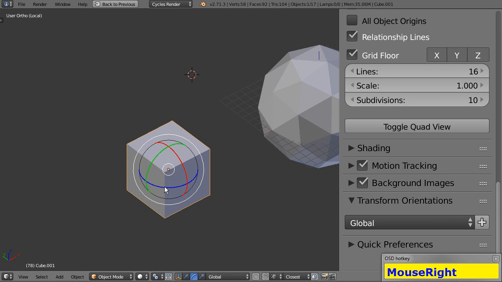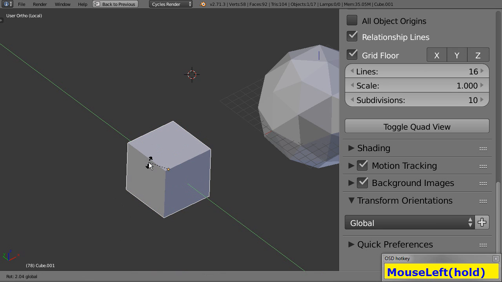Alright, this is because the locks has two modes. The first one is always going to be global. Alright? Now I'm going to turn a bit